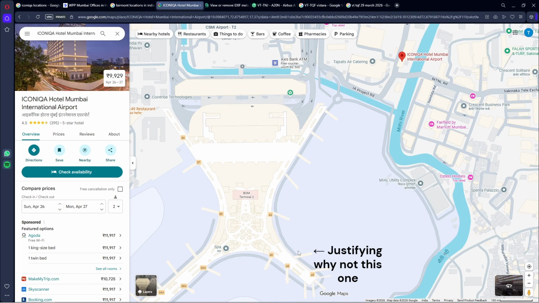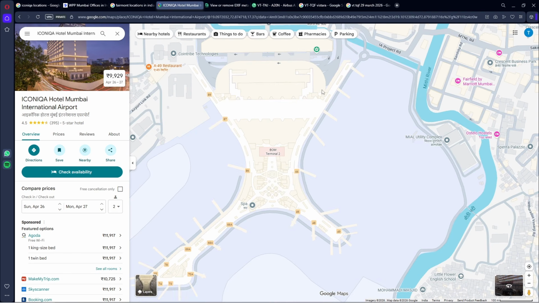Additionally, why not this one? Because I should have been able to see all these in a straight line if the photo was taken from here. And the photo is taken from towards this side because the buildings are here. I should have all the four boarding gates at least and the fifth one as well. So my guess will be that this was here,